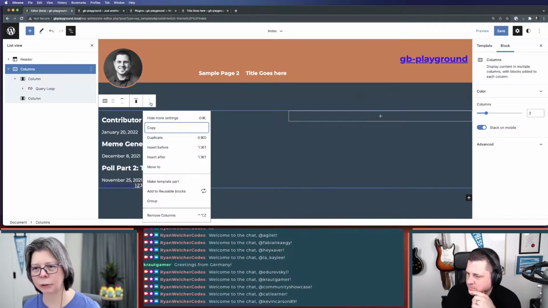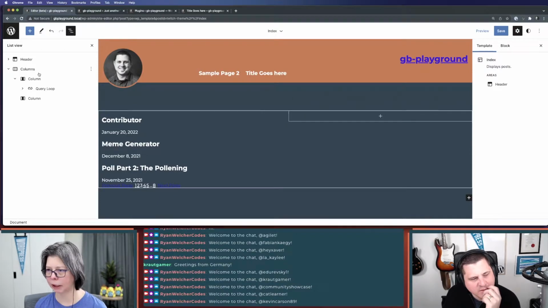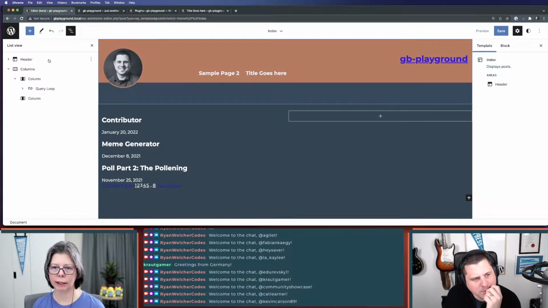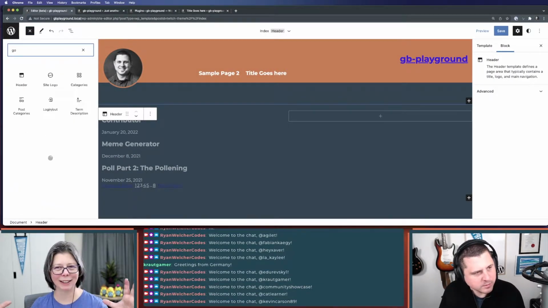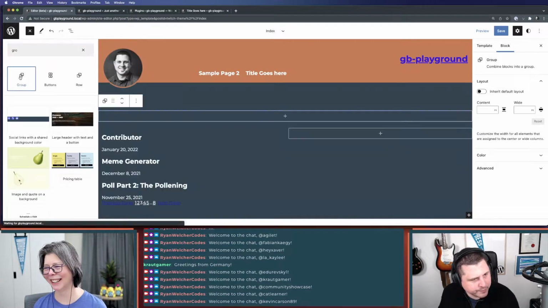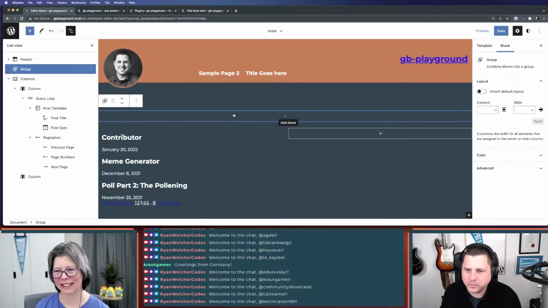Oh, yeah. Sorry. So we might actually need a container to go around this to give it a better width. So we could add a group block and set it to the width that we want, and then put the columns inside the group. It starts to get a little nested. That's fine. So if I go into groups, now I've got a group block here. This is my group block. So if I inherit the default layout of the group block,